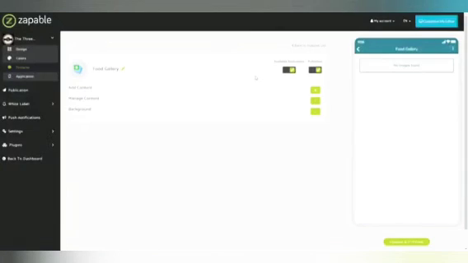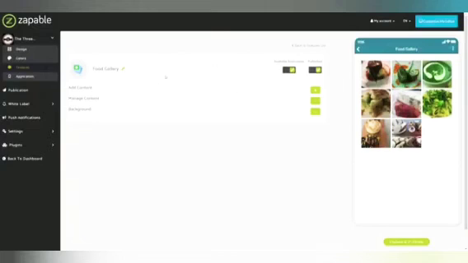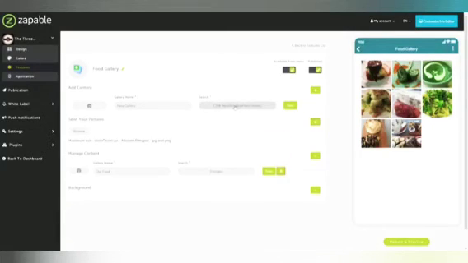As I said, this is just an image feature that can be found inside of the media tab. So we can change the name of this just like we can with any other by clicking the pencil. So I've named this as food gallery. Now I have the ability to manage the content. So I've got the 8 images that I've added, or I can add content by clicking the plus symbol. We can either integrate with Flickr and pull images through from Flickr, or if we have particular images for this business, as in most cases you will, you just click the My Images button, give the gallery a name. So we're going to call this New Gallery, and then I'm going to click here to upload my images,